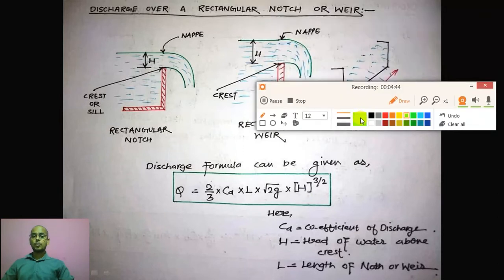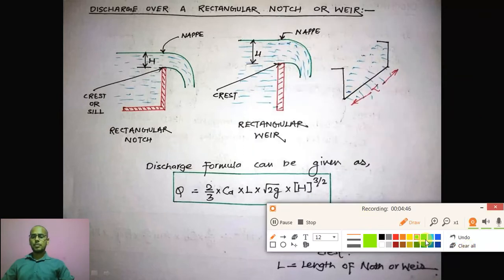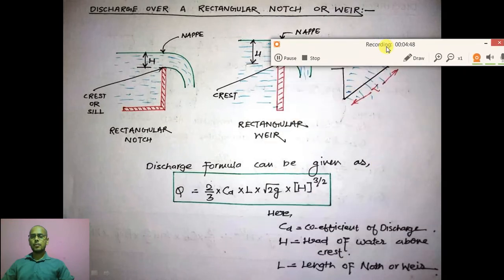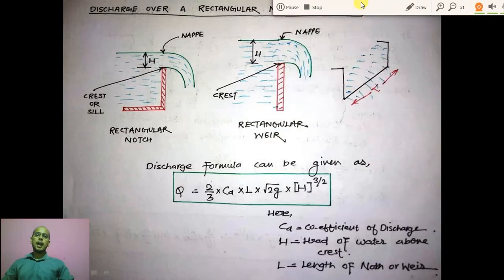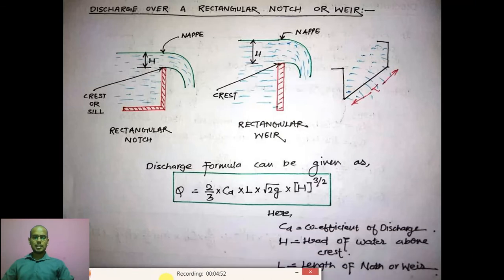Now you can note down this formula, because in numericals you will have to use this formula directly. As you have solved numericals for the orifice and the mouthpiece, you just have to put in the values and you will get the total amount of discharge through this particular section. That is why I am not going to cover a numerical for any of this portion.